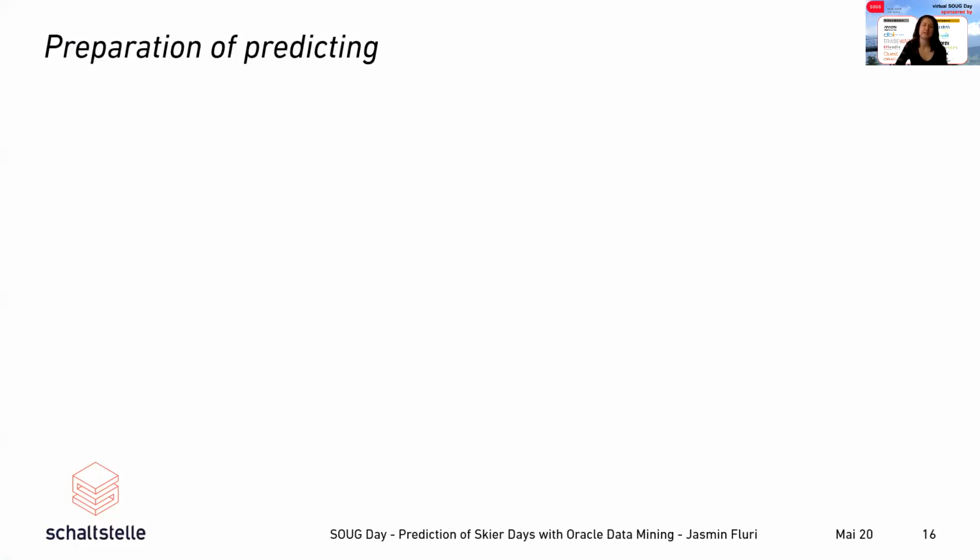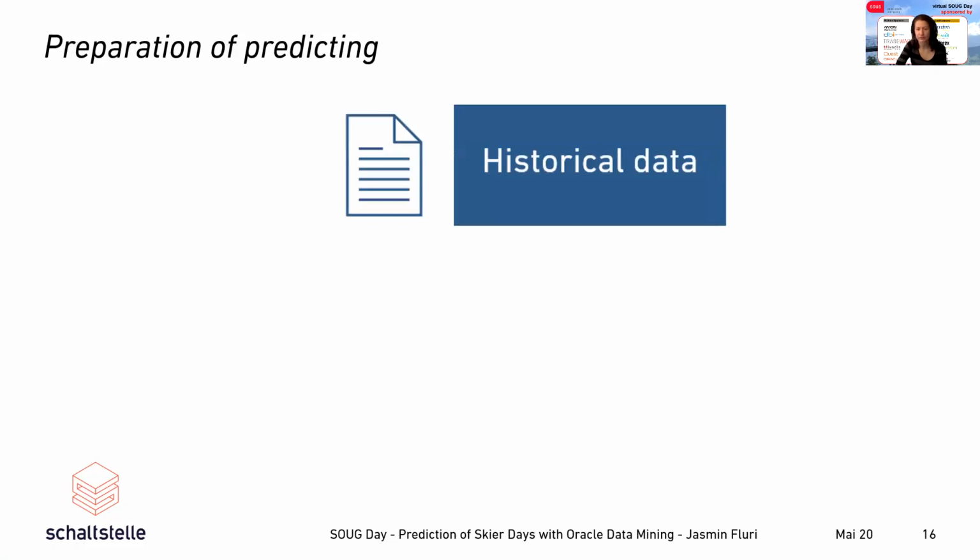Mainly you need three things for a successful prediction. First, you need to have a bunch of data, as I said before. And this should be historic data of the factors that influence your prediction. In our case, it would be useless to have flight information because people rarely go skiing by plane. But it would be useful to have the dates of the local holidays, for example, because people tend to go skiing more often on weekends and public holidays because they have time then. The second thing is